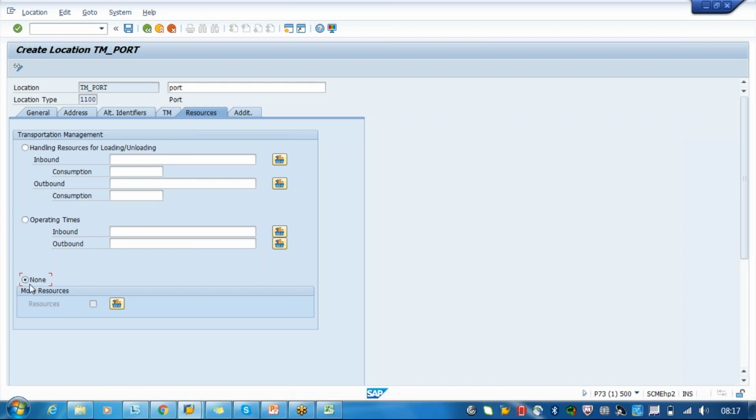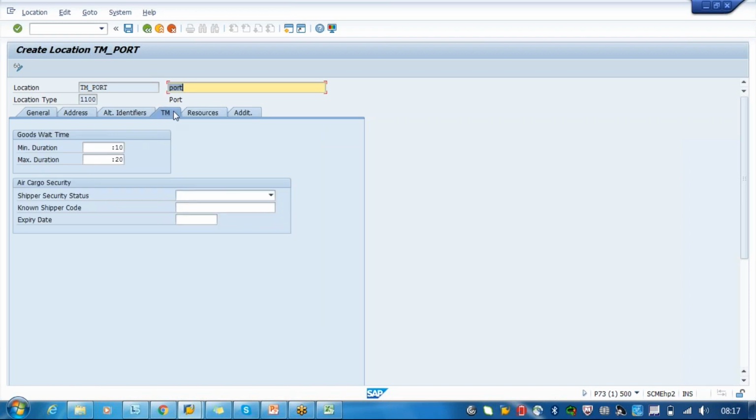TM data, can you go to the TM tab? Okay. Can you select the drop-down for shipper security status? It's also known as known shipper or non-shipper. These are only in case of your air cargo, where you want to enter whether you are using a regular shipper or frequently used shipper, or you can say it's an unknown shipper, from that particular port.